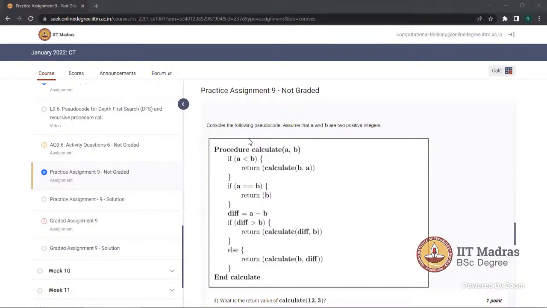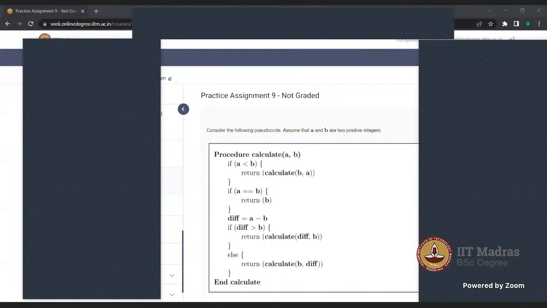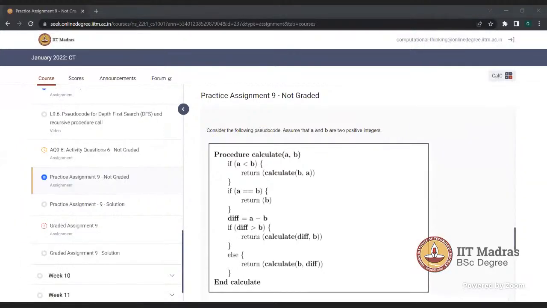I just wanted to know when our mock quantum would be. Sorry? When would we be having a mock? Mock for computational thinking is scheduled on Wednesday, the 30th. These details are already in the calendar. 28th, Monday, we have revision from week 1 to 6. 29th, Tuesday, we have revision from week 7 onwards, now 7 to 9. 30th, Wednesday, we have the mock.